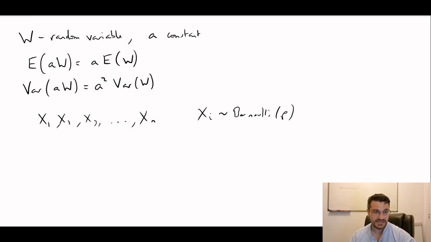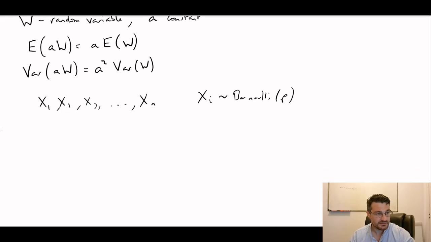We've already calculated the expectation and the variance of the Xi's. Also if I set X bar equal to 1 over n, the sum of Xi from i equals 1 to n,